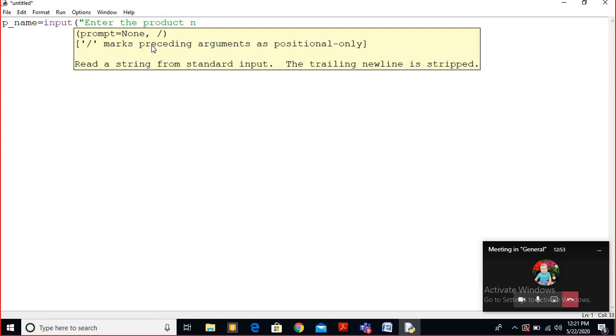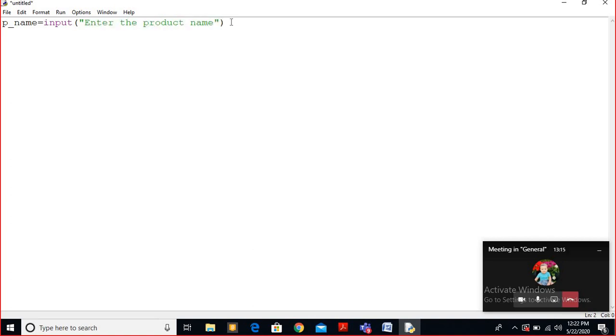But give the message in such a way that after reading the message, the user can understand what to input. Because if you simply write product name, who will understand? If you write enter the product name, they will understand that they have to enter it. So enter the product name. Then the second one is product rate, which I'm going to take as float.